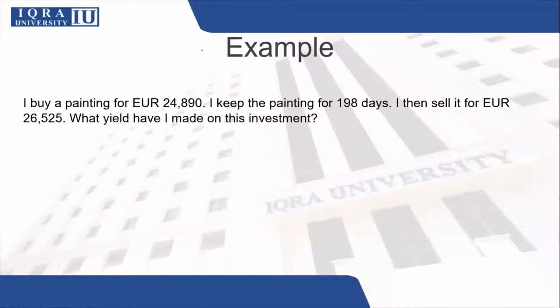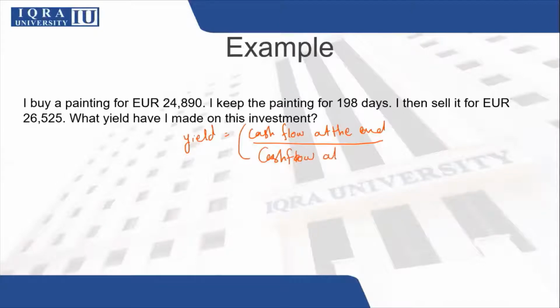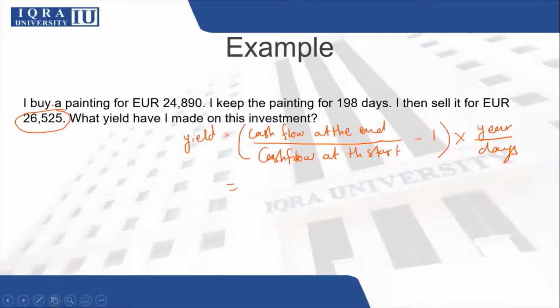So we're going to use the yield formula to do the calculation, which is cash flow at the end divided by cash flow at the start, minus 1, and this is multiplied by year over days. So the cash flow at the end, I then sell it for EUR 26525. This is the cash flow at the end of the period, and the cost at which you bought it is the cash flow at the start. So this is going to be 26525 over 24890 minus 1